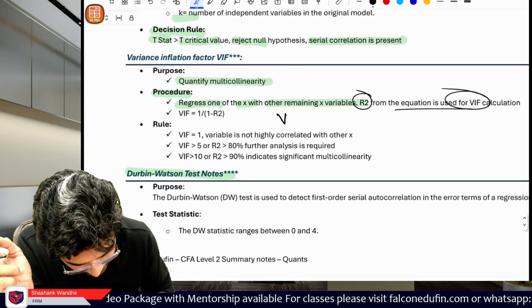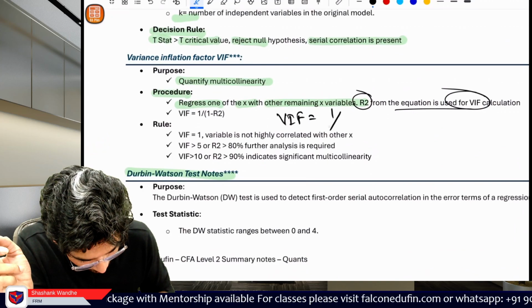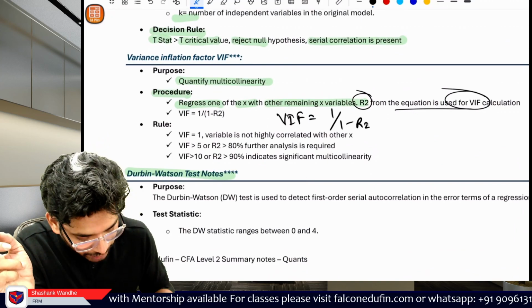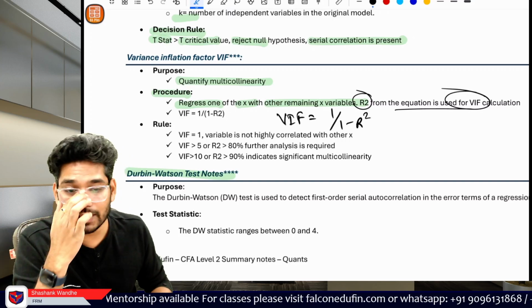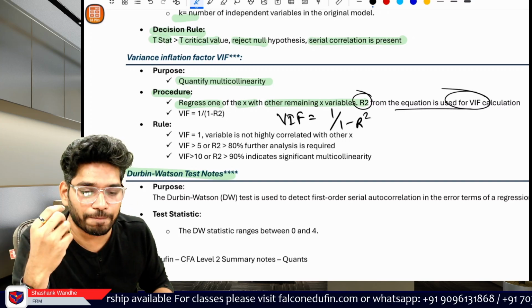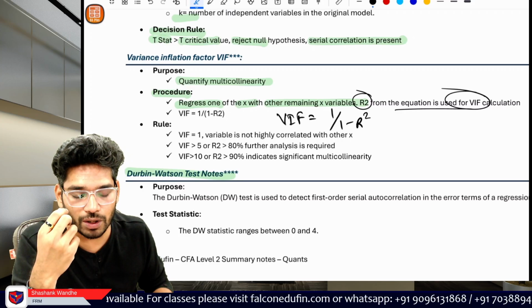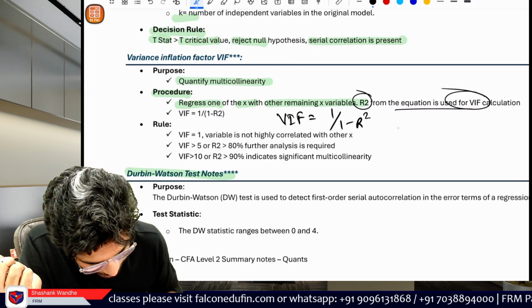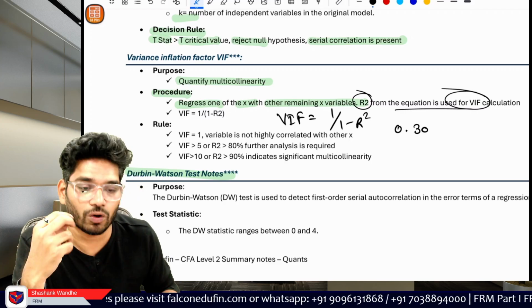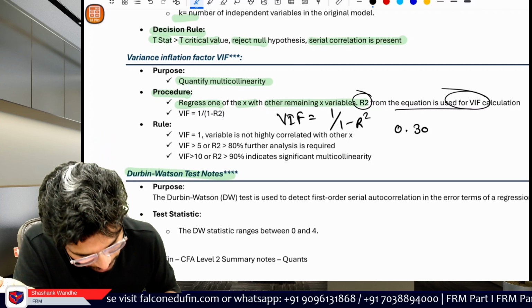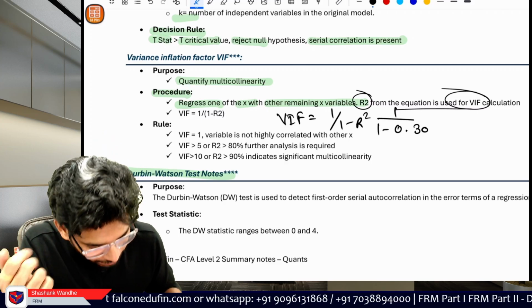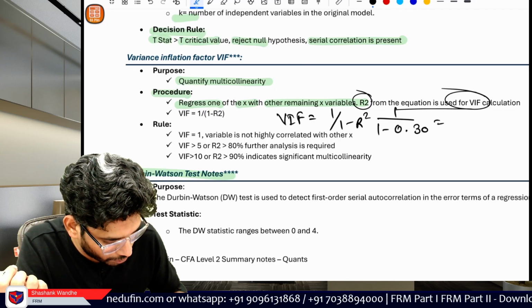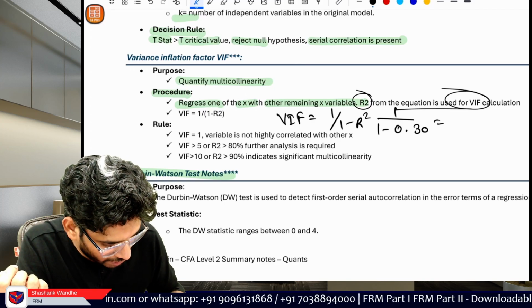VIF is calculated as 1 divided by 1 minus R square. This R square is written in decimals. For example, if the coefficient of determination is 30%, then 1 divided by 1 minus 0.3, so 1 divided by 0.7 is equal to